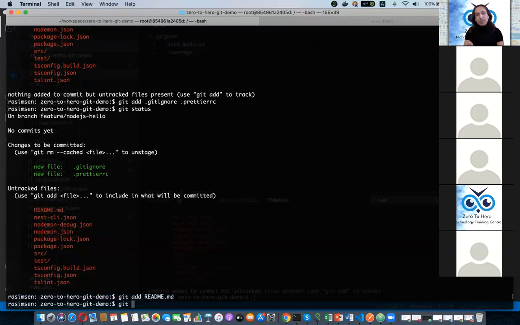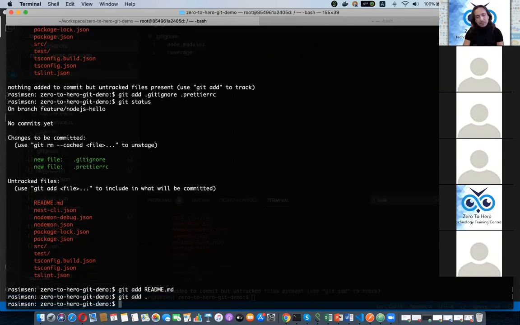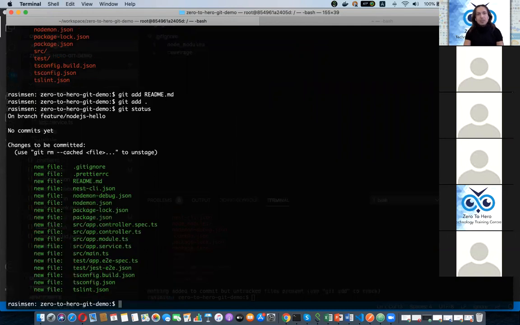But if you want to add all of them, git add, you can use this one directly. Okay, it is the shortcut. Git status. Let's have a look. Everything looks green. Okay, and then I will send all these files to the Git repository